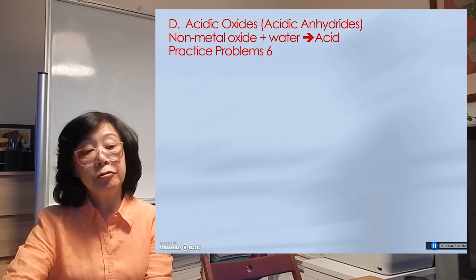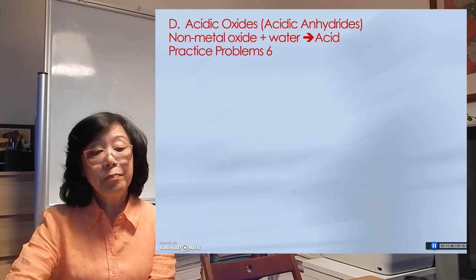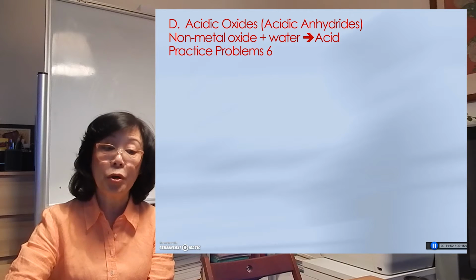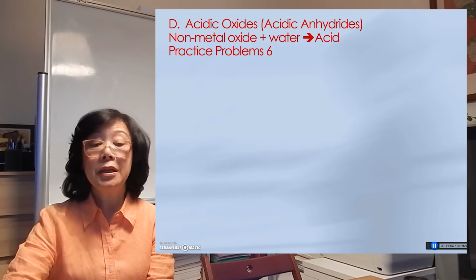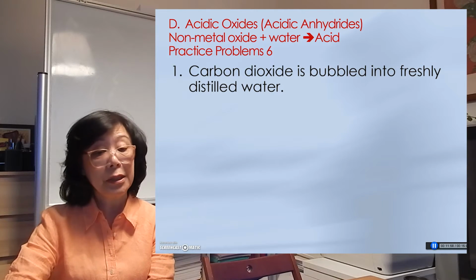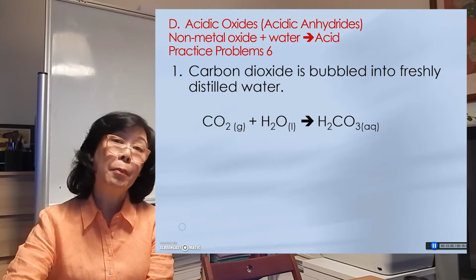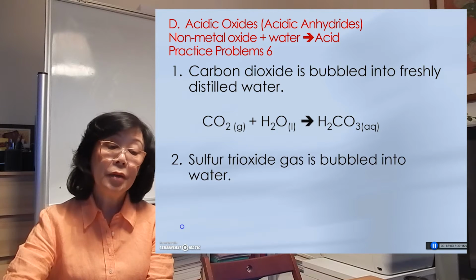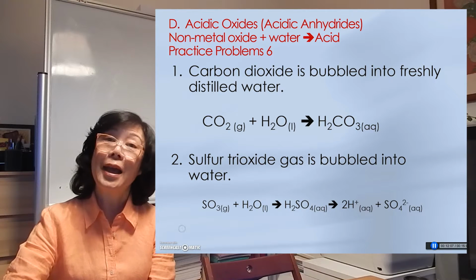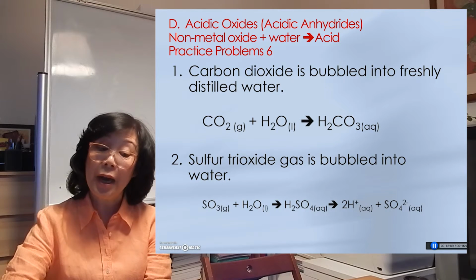Lastly, I want to examine 2 kinds of oxides. One being the non-metal oxide, which will produce acid in water solution. Hence, they are called acidic anhydrides. For example, if we bubble carbon dioxide into water, it will form carbonic acid. If we bubble sulfur trioxide into water, it will form sulfuric acid, which is a strong acid, therefore it's ionized